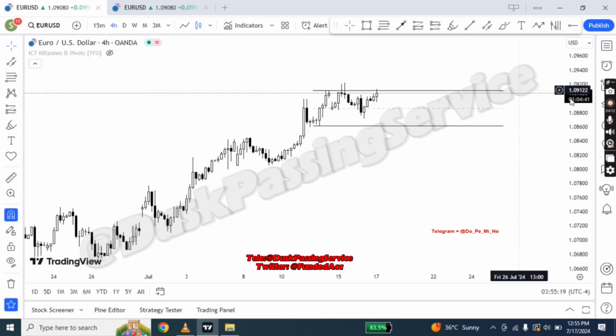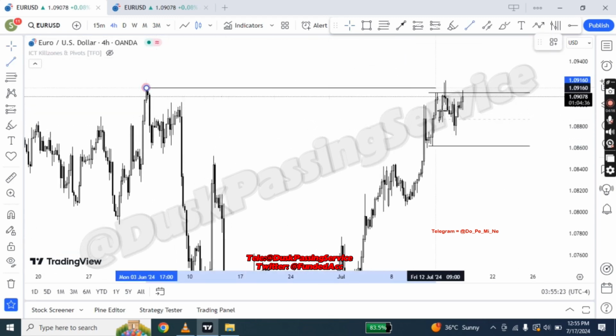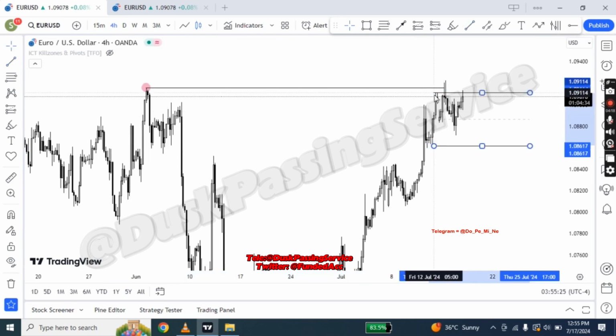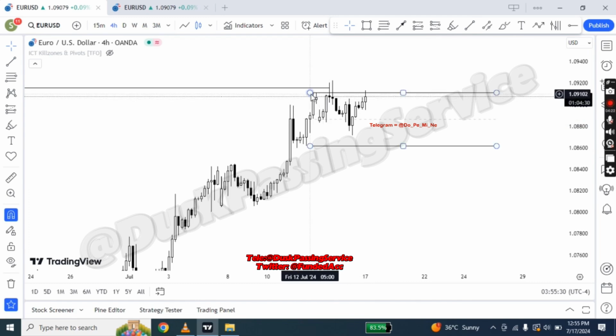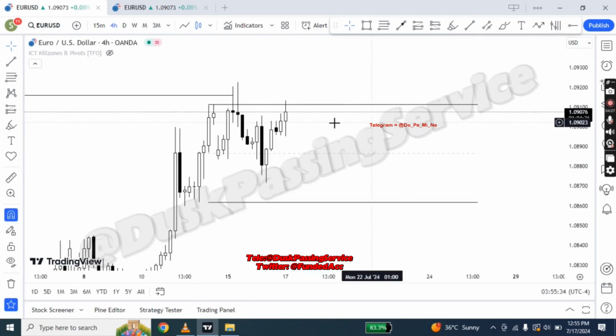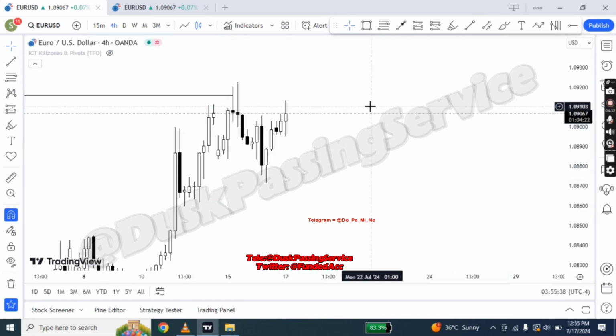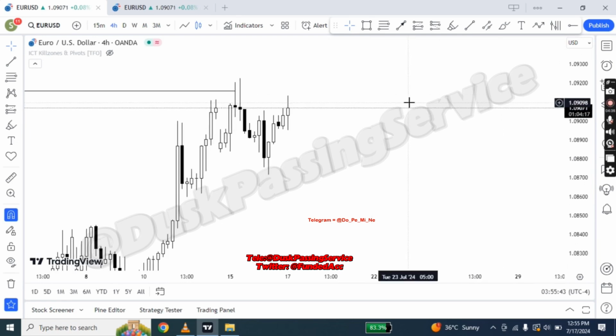On the weekly time frame, we expect a retracement profile, which gave us a bearish scenario, and on the daily time frame we've got this bearish CRT and we are targeting 50% of this CRT right here. So our drawn liquidity based on the higher time frame analysis is bearish. Our bias is bearish, and similarly we also build a narrative for our trade idea here on the higher time